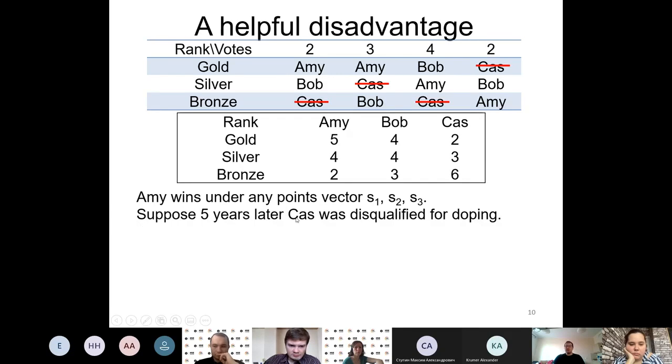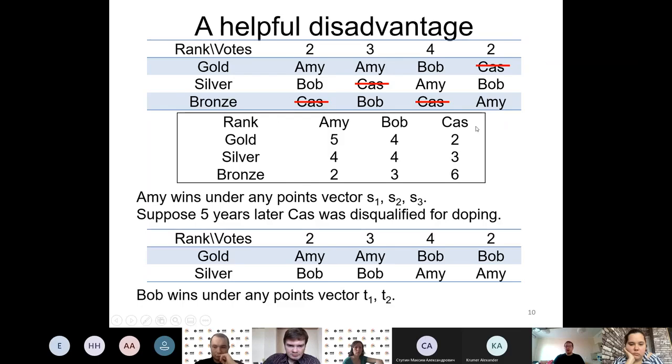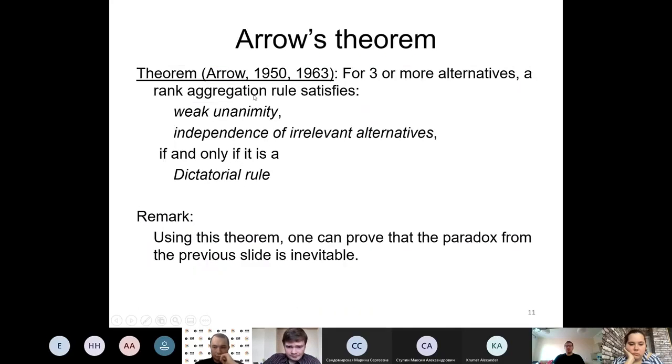And suppose 5 years later, Cass was disqualified for doping. And after disqualification of Cass, who was the worst candidate in this profile, we have a new profile where actually Amy takes 5 first positions, but Bob takes 6 first positions. So according to any points vector, but in this example, of course, any points vector is just 1, 0 without loss of generality, Bob will win this election. So here we see this disadvantage that is known as